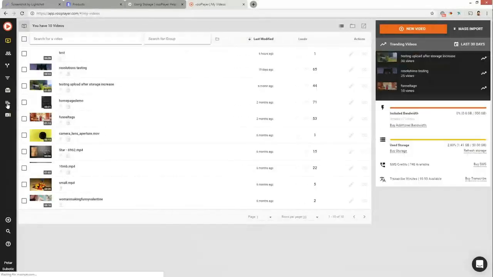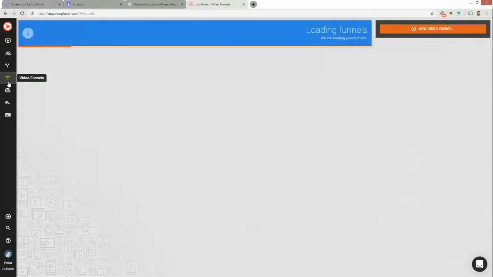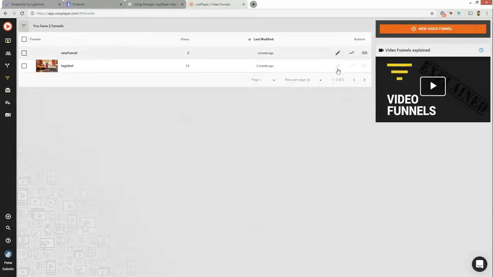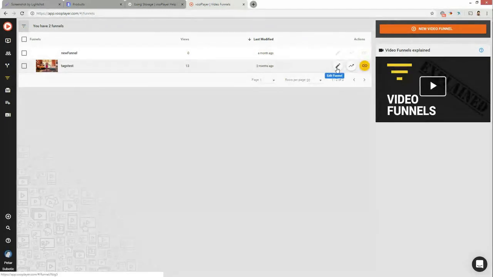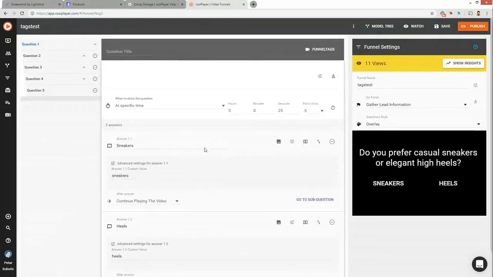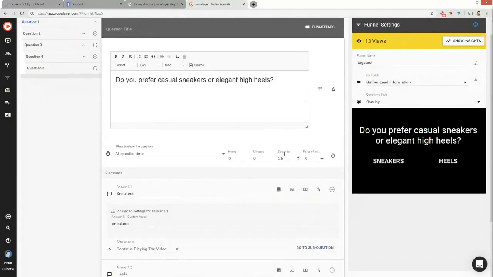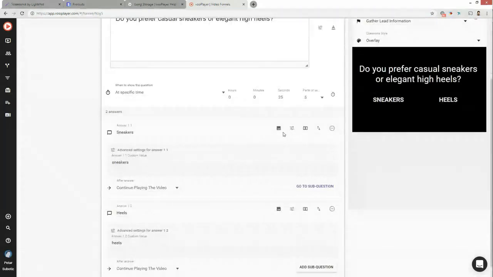So let me just come over here to funnels. I think this might actually be a good one. So currently in funnels, as you know, I did customize all of this because I was sending these tags to the CRM. So the answer here is sneakers, and you can provide custom values for it.